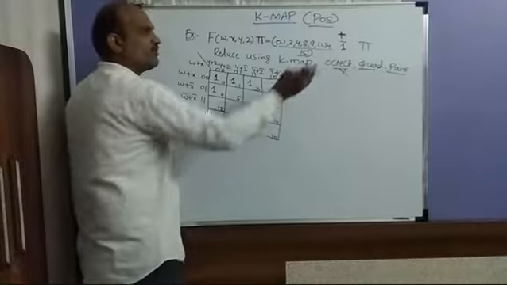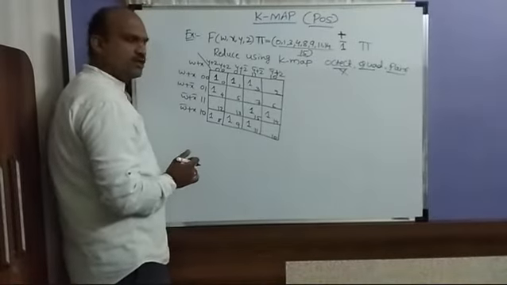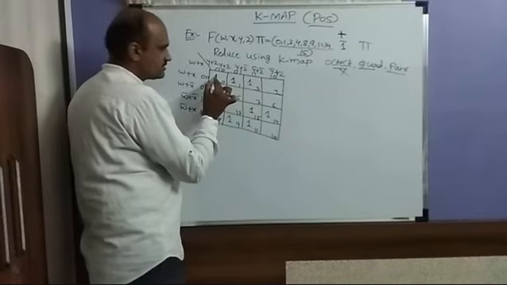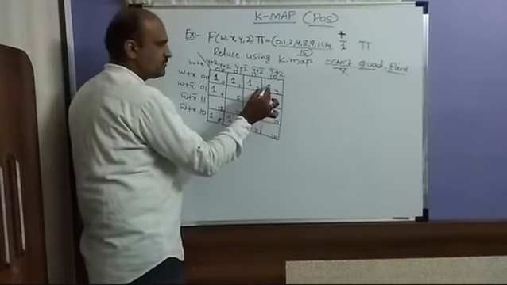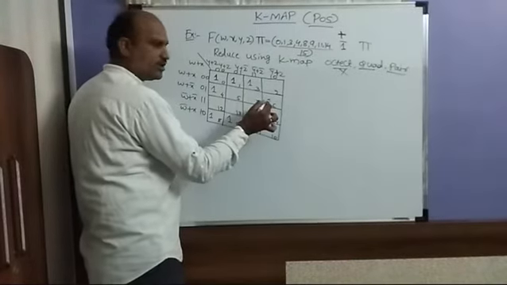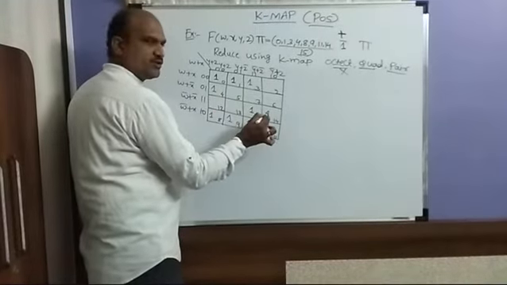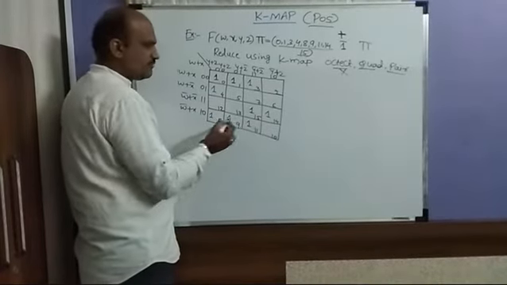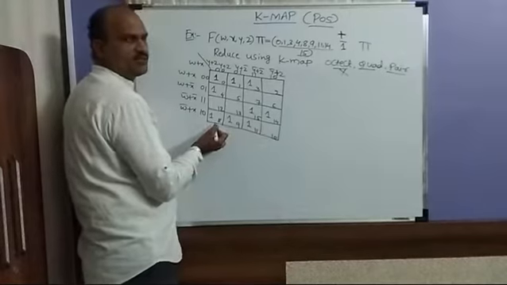Next go for the quad. So check row wise again. Check the row. This is the row. If it is 1 here, then it becomes a quad. Now it is not there. Check for this. Not there. Check for this. It will not be there. Check for this. It is also not. Because here if it is 1, then again it will become a quad.